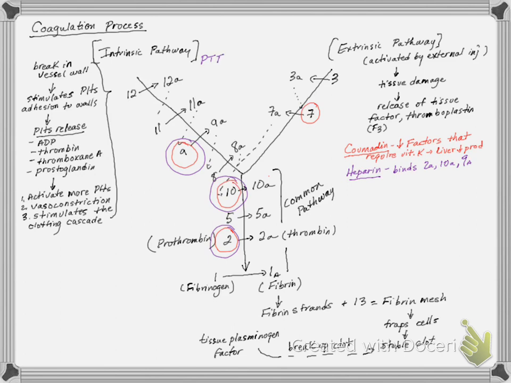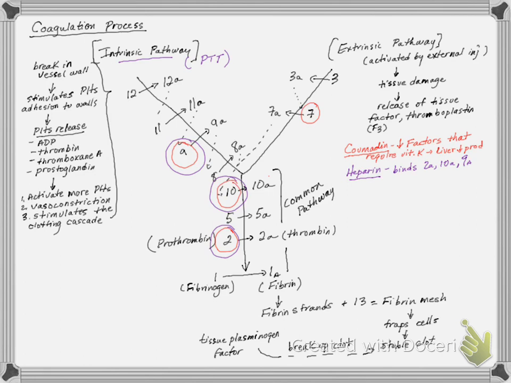So when we're measuring a PTT, we're measuring the intrinsic pathway. We're trying to figure out how long the time is in seconds to use that pathway, the intrinsic pathway. So with the other side, the extrinsic pathway, we are checking,